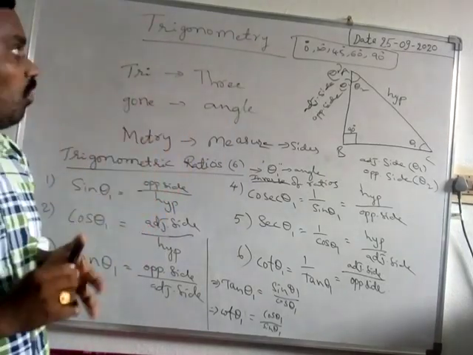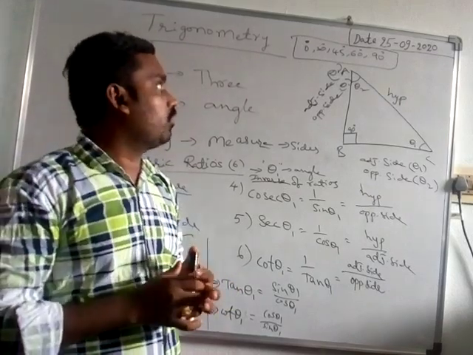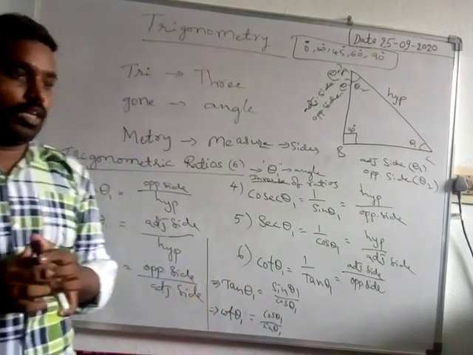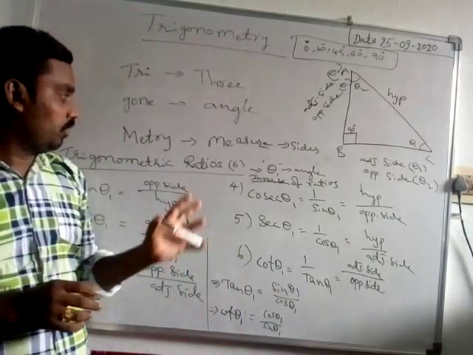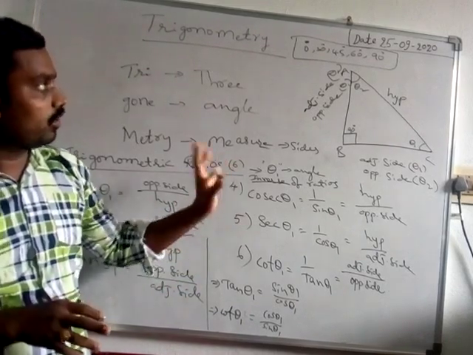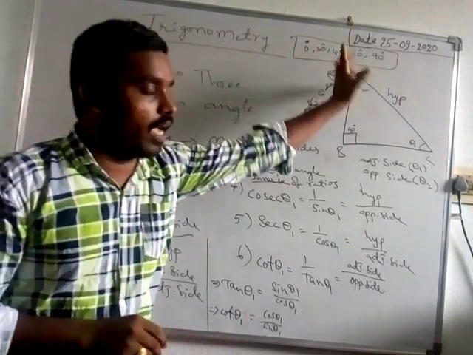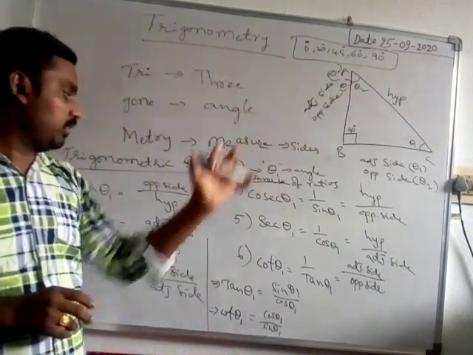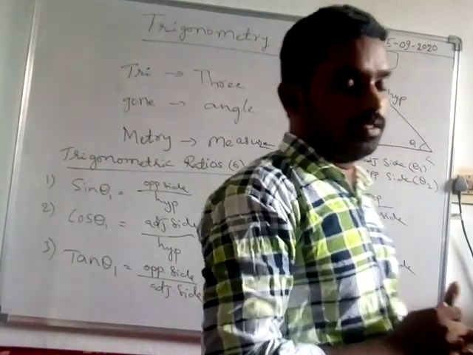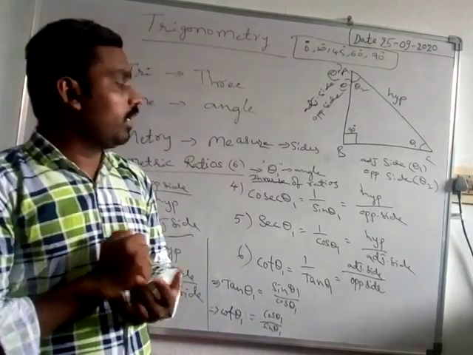What is the value of sin 0? Sin 0 is 0. What is the value of sin 30? Sin 30 is 1 by 2. Without memorizing and without multiplying, we are going to remember all these values. In the next class, we will see how to remember the values of these angles. Okay, 5 angles and 6 ratios, so 30 values we have to remember. How to remember them, we will study in the next class.